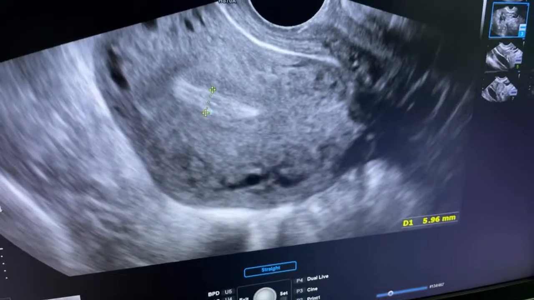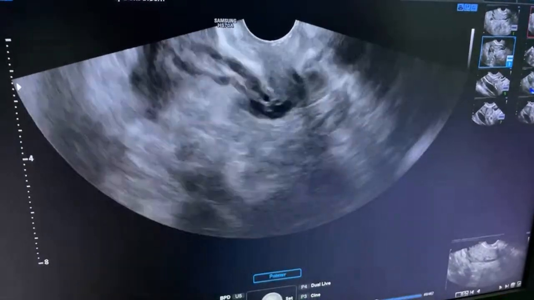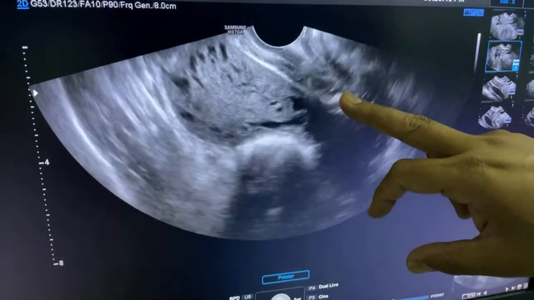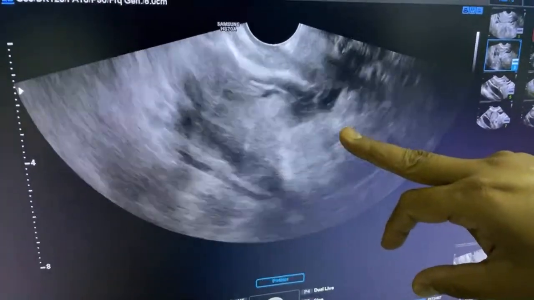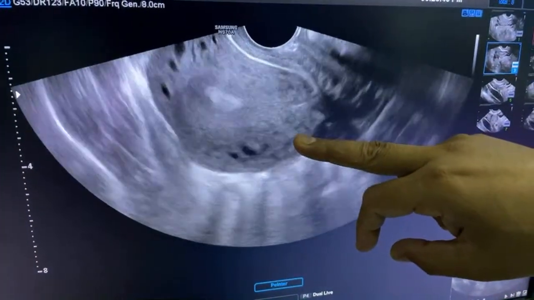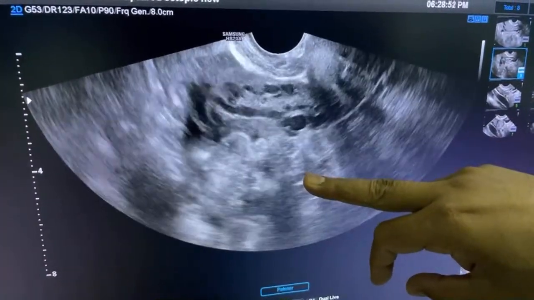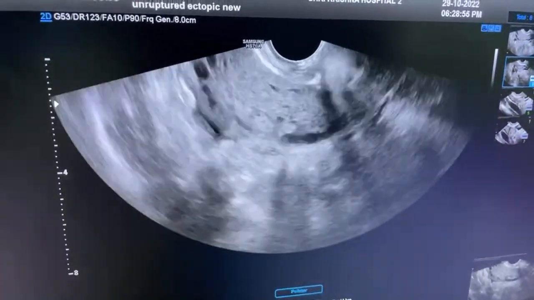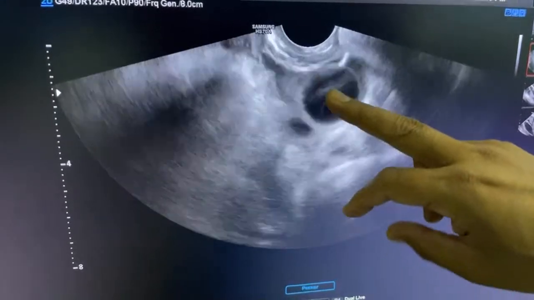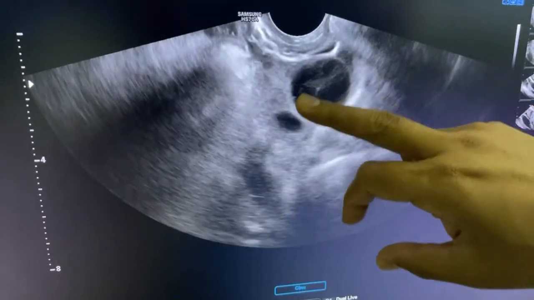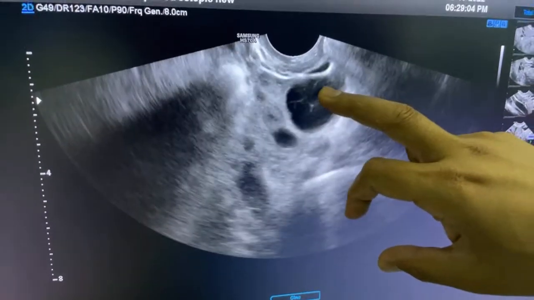Okay, now see this. What is there? All the doctors reported that it is on the left side. It is a hemorrhagic cyst. Okay, let's see. Let's go to the left ovary. So this is the endometrial cavity. See this, and see this. This left ovary is showing something slightly complex, typical of a hemorrhagic cyst.